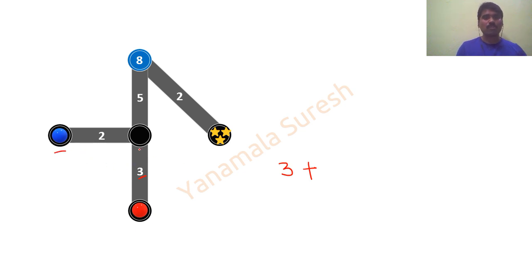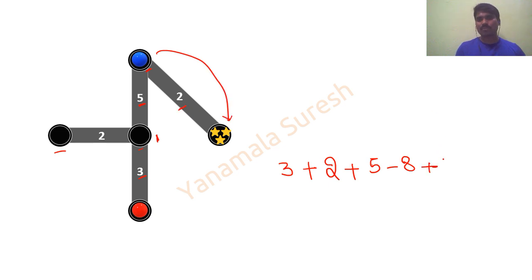Now what am I going to do? I'm going to move this blue ball till here. Done. 2. Done. Plus. Now this position, the blue ball has to go to this position. Now I have to use the number 5 here. Now look at here, 8 gone. I mean to say that you have to subtract 8. Done. 8 is completely gone. There is no more 8 at that position. Now from this point to this point, if I want to move, I have to use the number 2. Done. Finish. So this is the beauty of this particular puzzle.